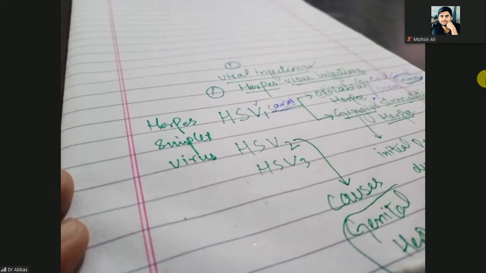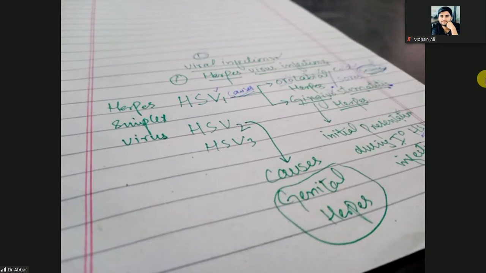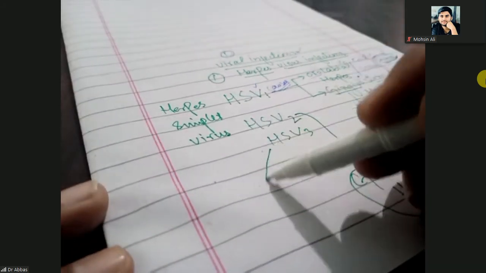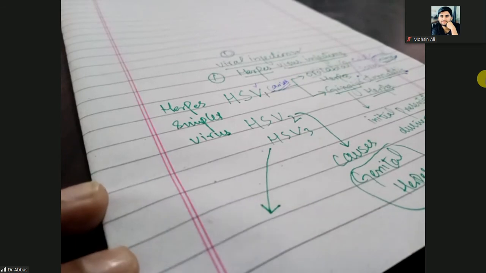It means blisters will be present on the male genitalia and female genitalia: prepuce, glans penis, labia minora, labia majora. And HSV3, herpes simplex virus, causes infections that are the same as the infections caused by